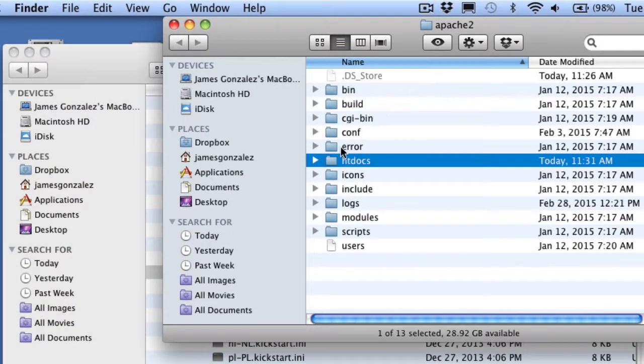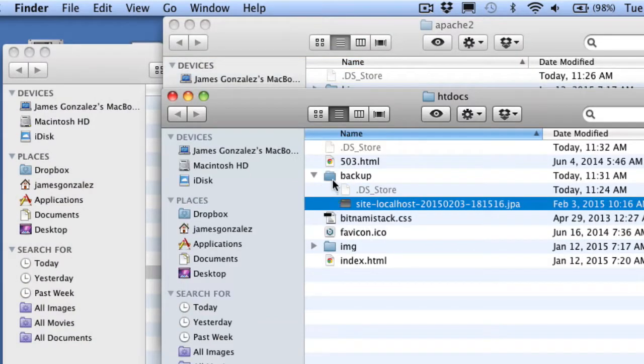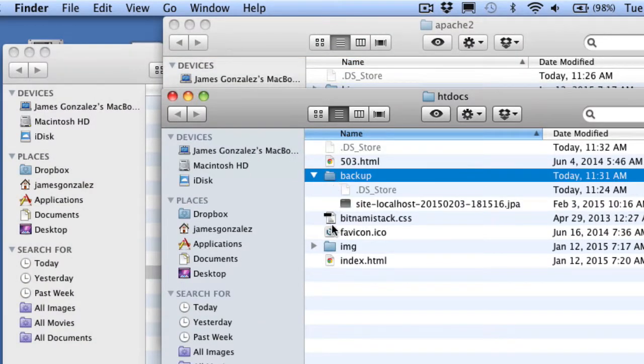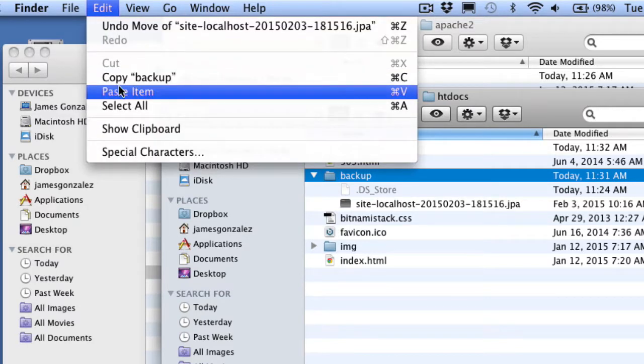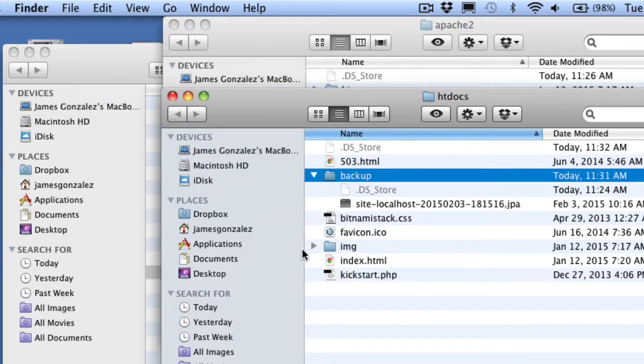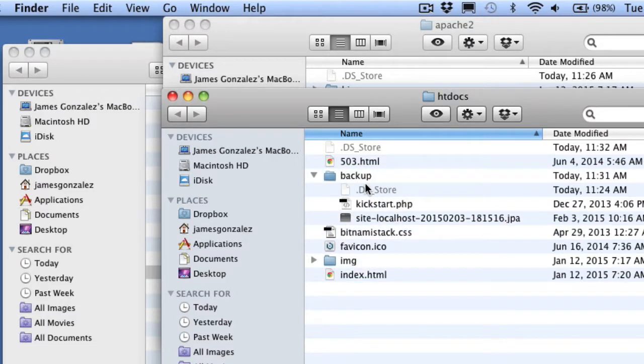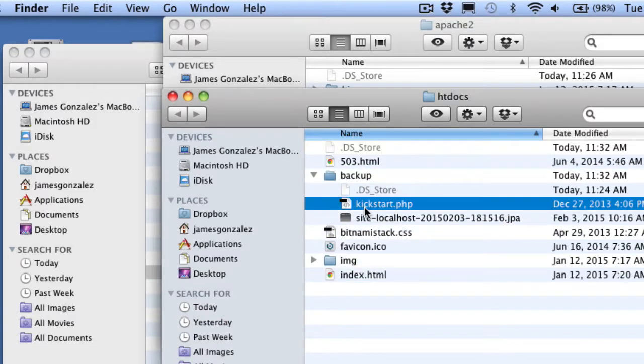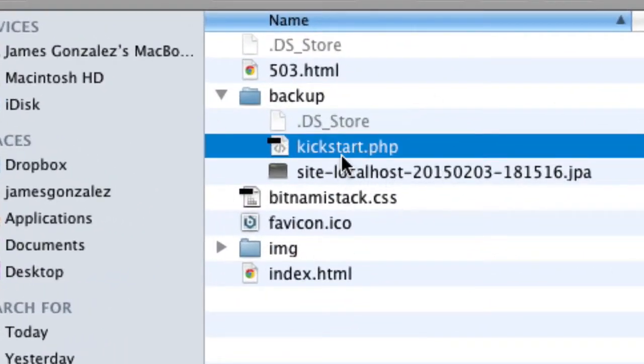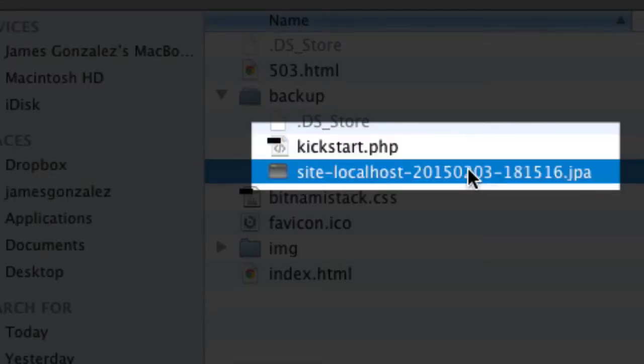Go back to my htdocs folder in Apache. Select my new folder and paste the PHP file there. It looks like it also didn't go into the right folder, but let's move it in there. So the idea is you want both files, your kickstart.php and your JPA file, backup file, in the same folder